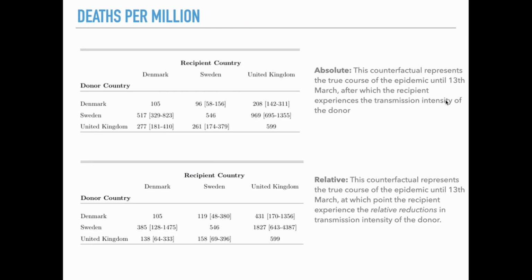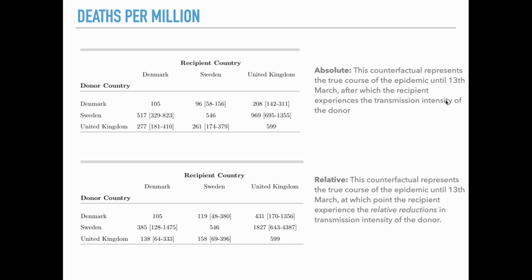And so when we look at the absolute numbers in terms of a table, we see this. If the UK took the Swedish approach, the UK experienced 599 deaths per, I think, 100,000, was it, or a billion, I can't remember. Deaths per million, I believe. 599 deaths per million. If the UK took the Swedish approach, this would have almost doubled, up to a factor of 4 in both scenarios. And if Sweden took the Danish approach, they would have reached almost the same number as Denmark,